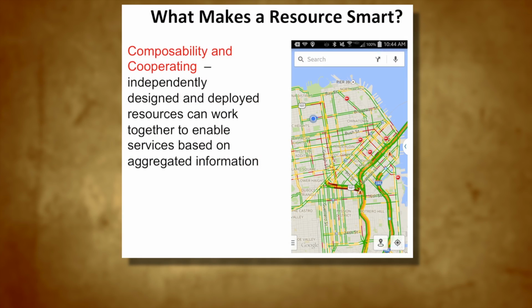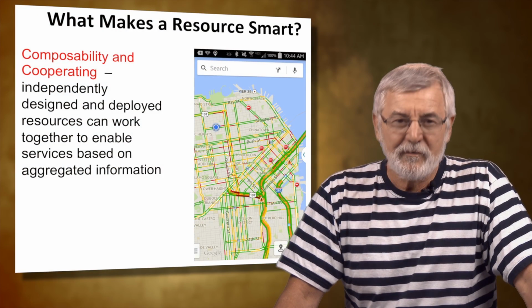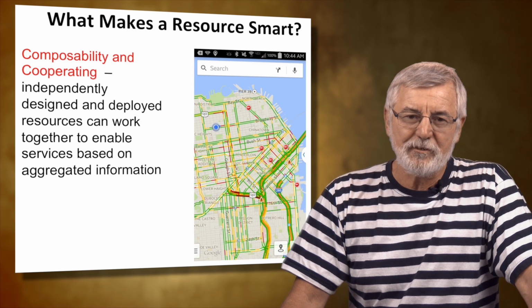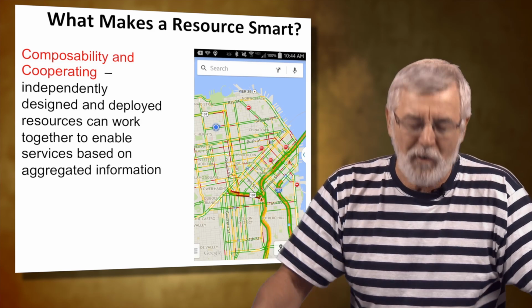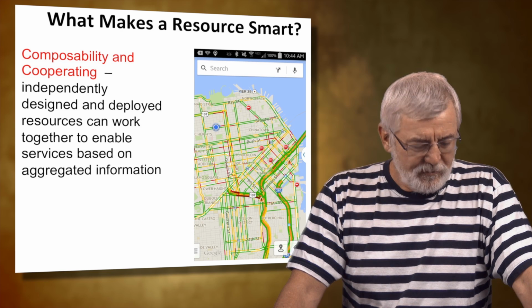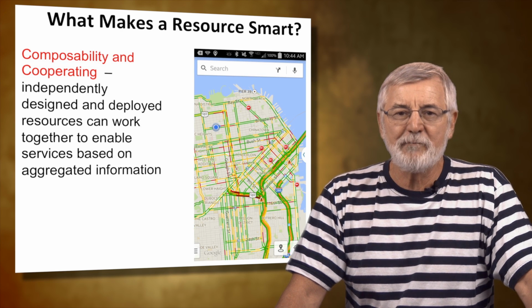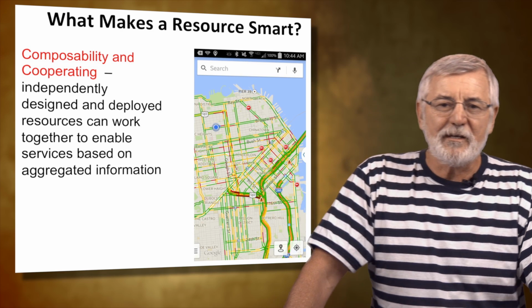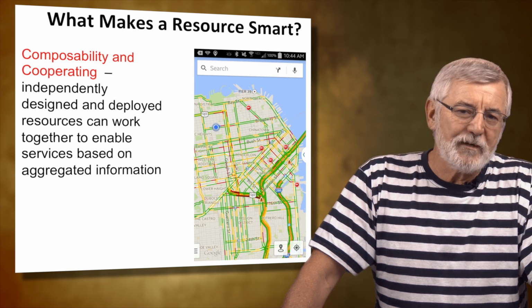And finally, the last step of smart resources is the ability to compose and cooperate between resources, where independently designed and deployed smart resources can work together to do even more smart stuff because they're combining what they know. So here's a map of San Francisco on my Google Maps app, and you see that it's showing traffic